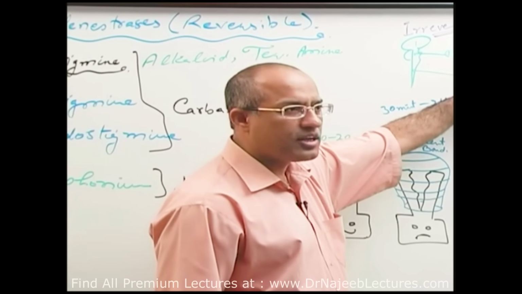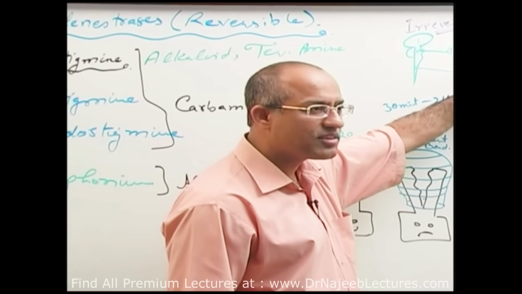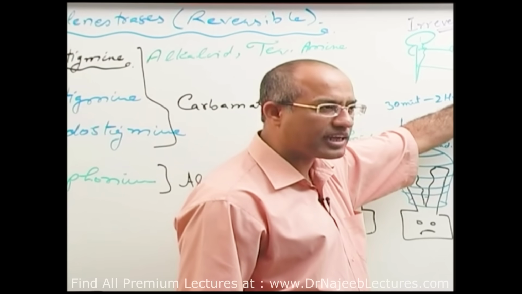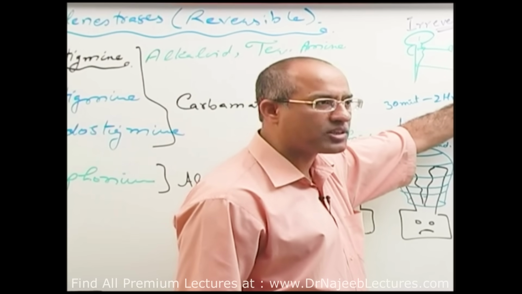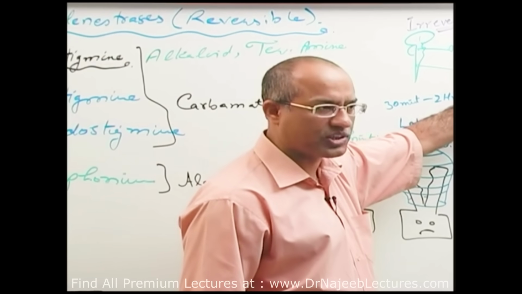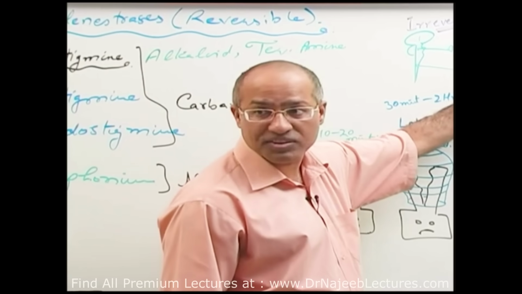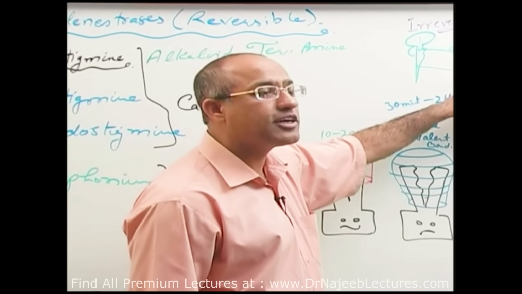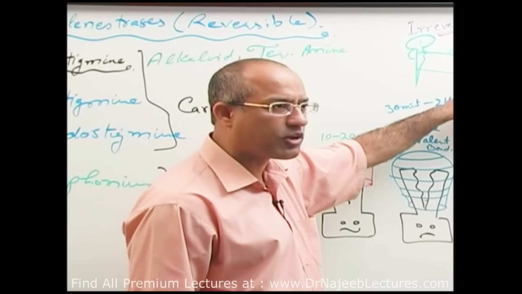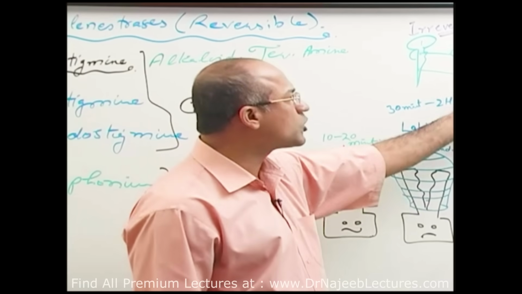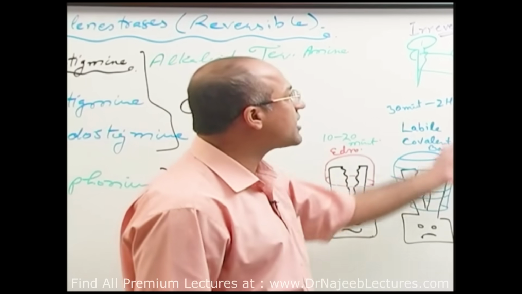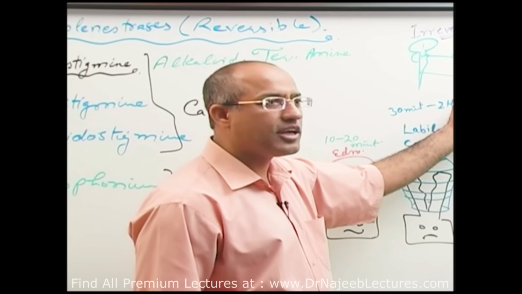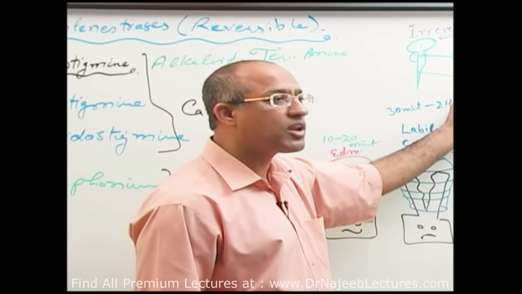Thirdly, acetylcholine accumulates at the neuroeffector site of parasympathetic nerve endings, postganglionic parasympathetic nerve endings, and all over the body there is very powerful muscarinic stimulation because at these sites there are muscarinic receptors. And last but not least, there is a lot of accumulation of acetylcholine at the neuromuscular junction, and these nicotinic receptors at the neuromuscular junction, when they are very strongly stimulated for very long duration, what happens? They produce depolarizing